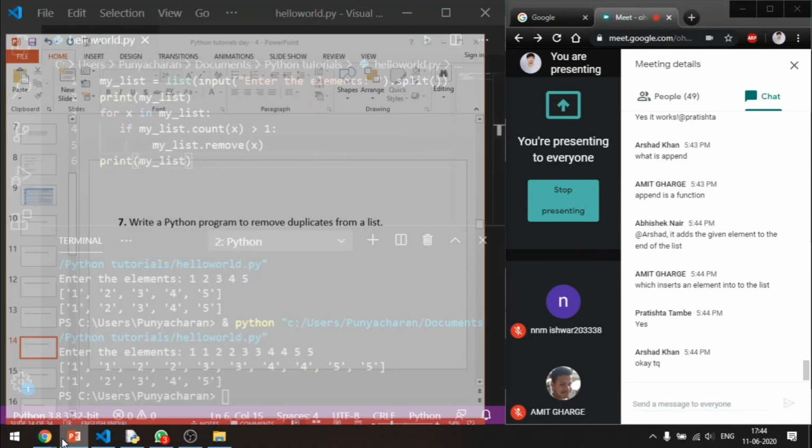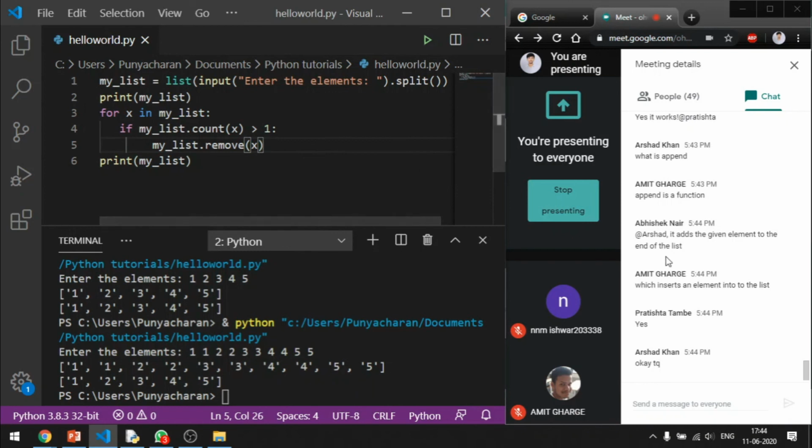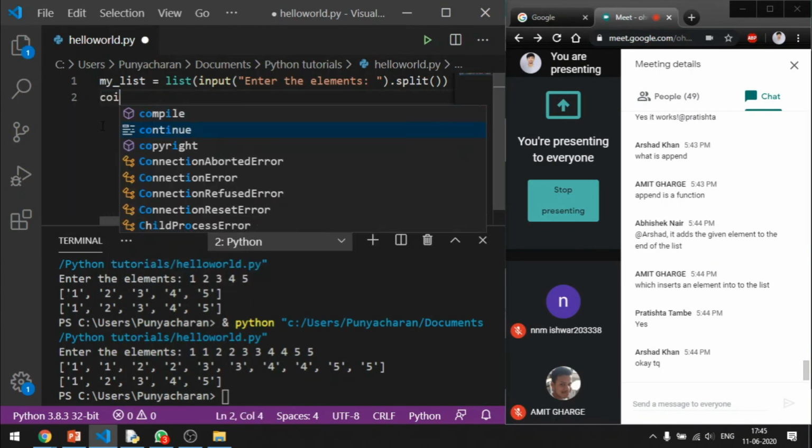Next, going ahead with the next problem, we have: write a Python program to check if a list is empty or not. Write a Python program to check whether the given list is empty or not. Right? Let's see who does this first. Count.